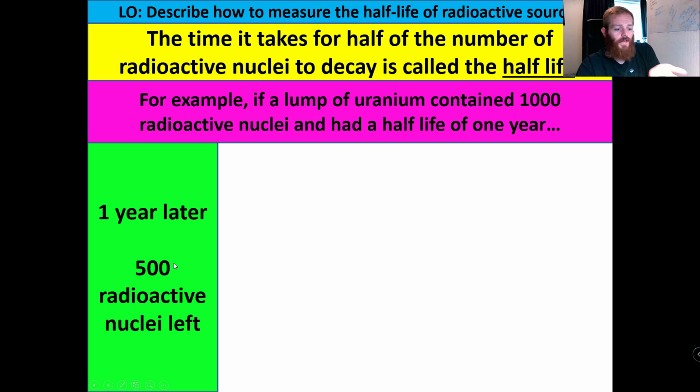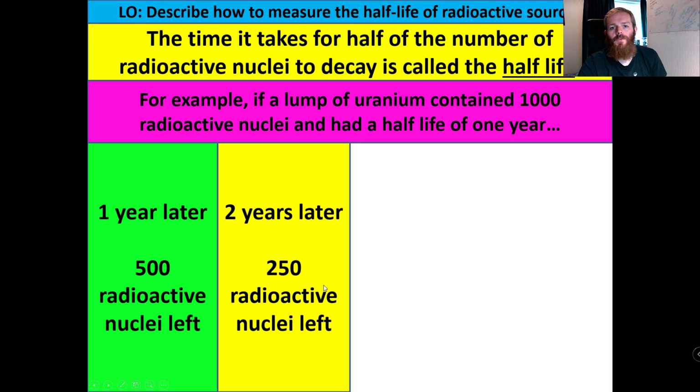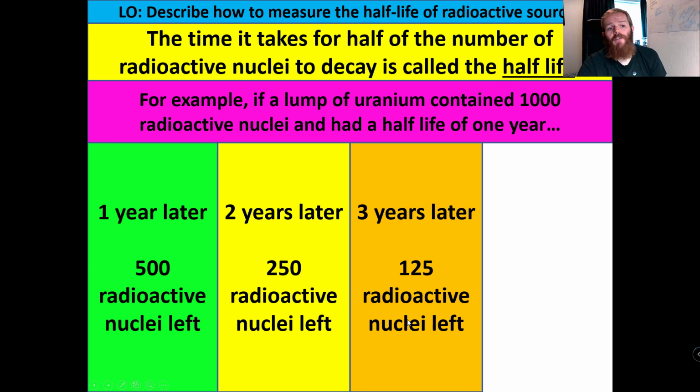So let's imagine I've kept hold of that substance. I don't really want to be holding this, but let's imagine I have. 1 year later, I've got 500. What happens a year after that? I'm sure you could probably guess. You'd end up with about 250 radioactive nuclei left. So 2 half-lives have gone by. The amount of nuclei has decreased twice, 50% each time. Guess what? A year later, so 3 years after the original experiment started, I'd have about 125 radioactive nuclei left,